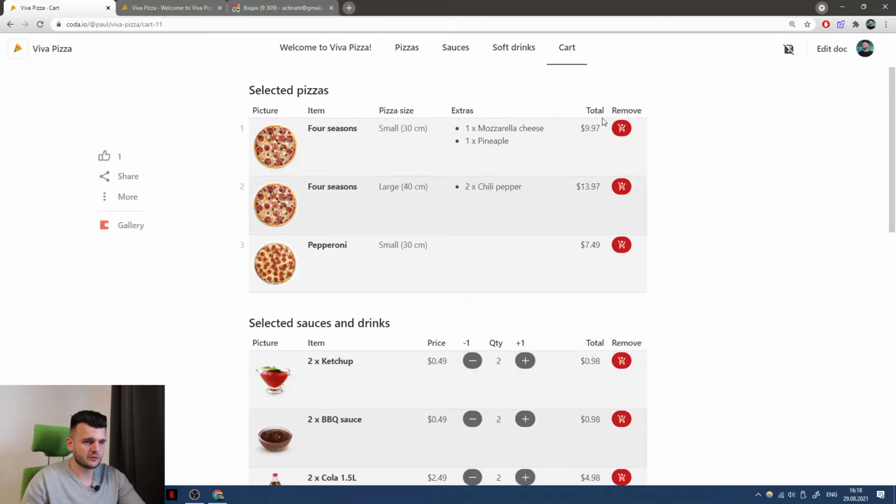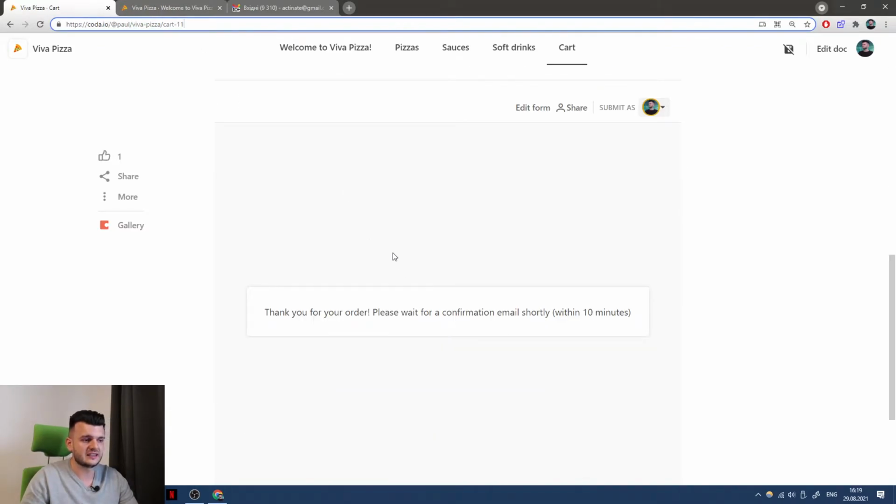Meaning that whatever you do here is not saved. So you select your cart, your pizzas and the items. They are stored only as long as this tab lives. When you reload the dock, everything's going to be cleared. People may come to this Viva Pizza published dock and place their orders and send them through the form